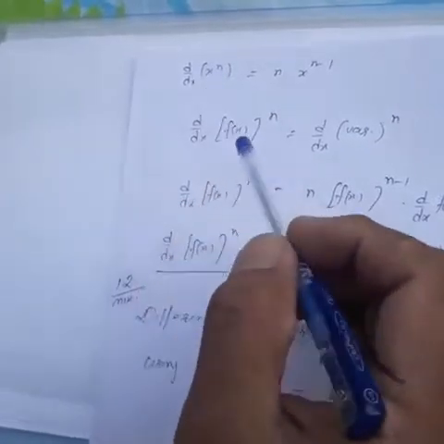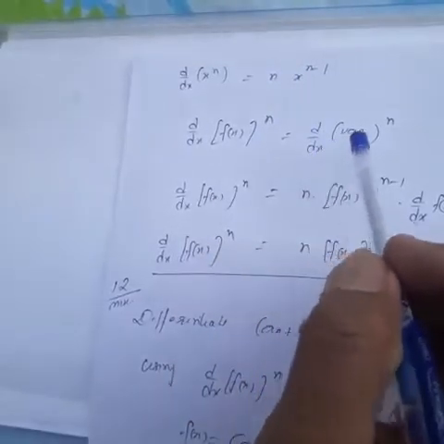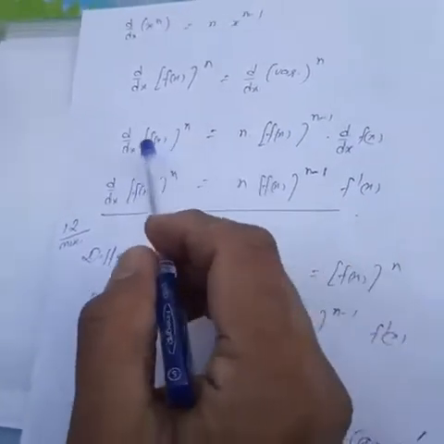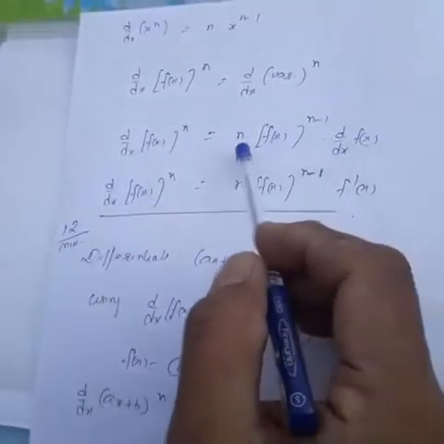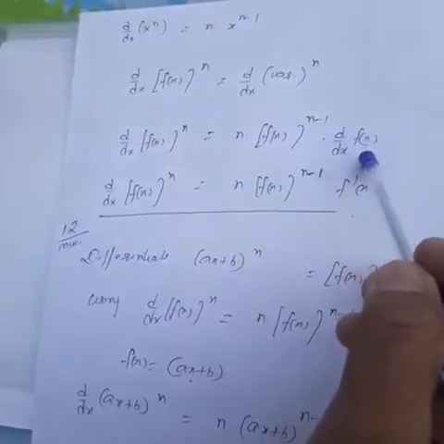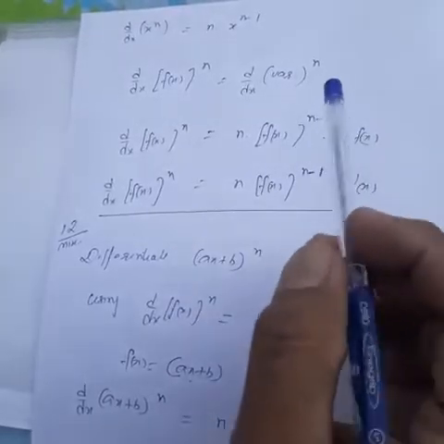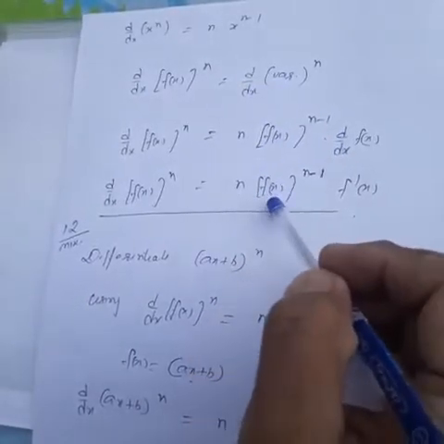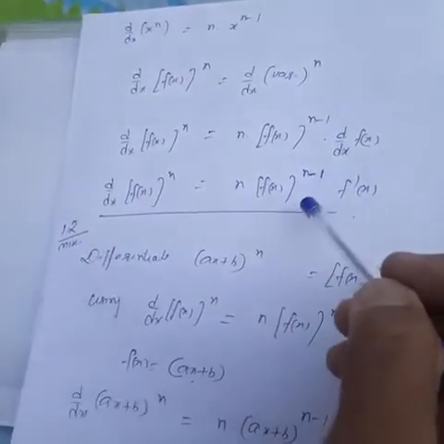So now, the derivative of f(x) raised to the power n, or the derivative of variable raised to the power n. What will be the formula in that case? The derivative of any function of x raised to the power n, or variable raised to the power n, will be n into f(x) raised to the power n minus 1 into the derivative of f(x). We have to multiply by the derivative of the function. If you are remembering in terms of variable, then n into variable raised to the power n minus 1 into the derivative of variable. To understand this, consider one question.